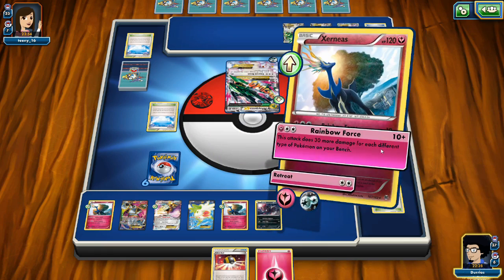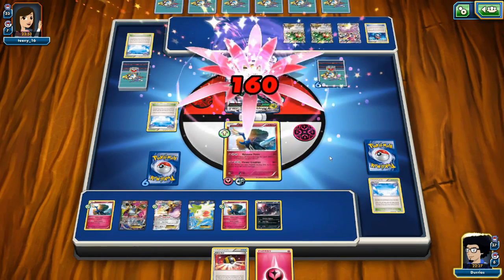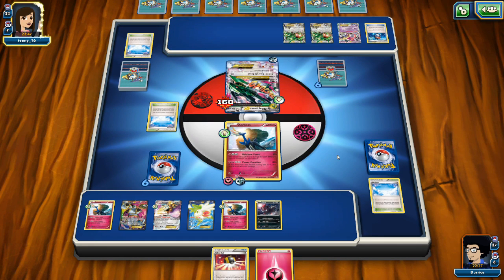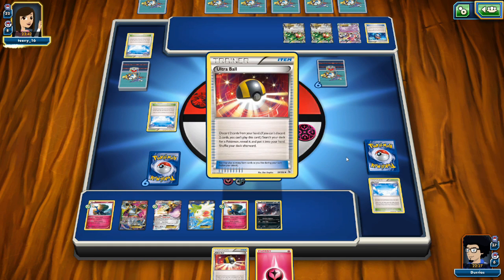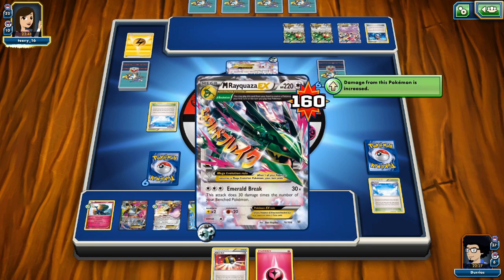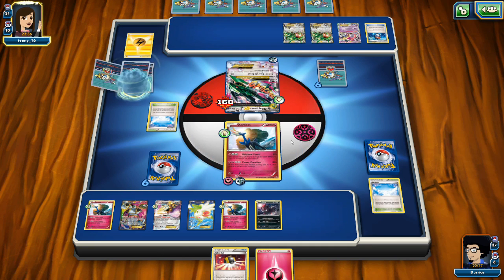160. 160 with the Rainbow Force. Before we were only hitting for 130. And we are stuck with the dead hand once more. So I will probably have to promote my Aegislash and try to stall with Aegislash until I can power up some decent attackers